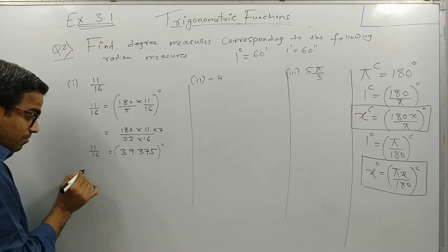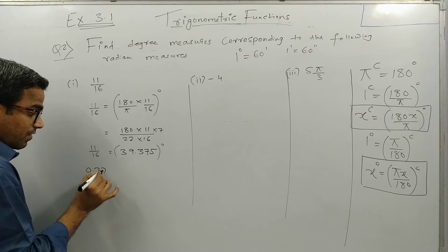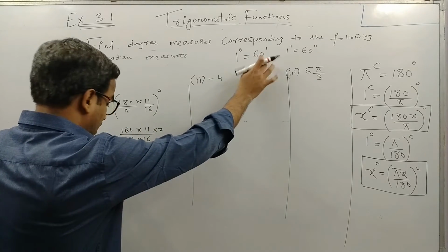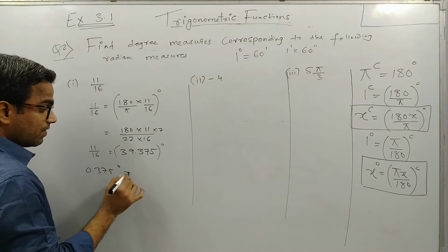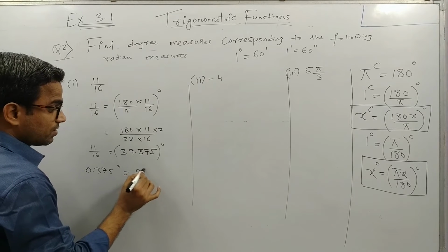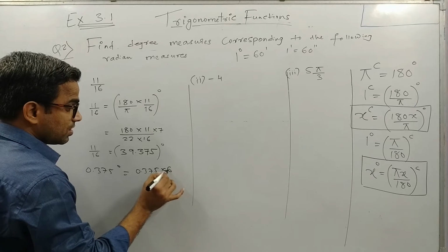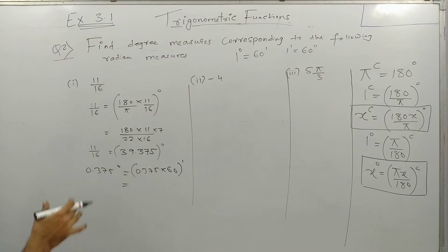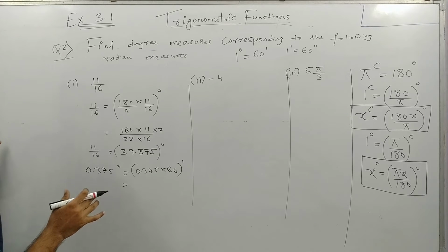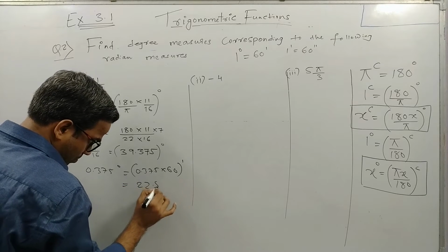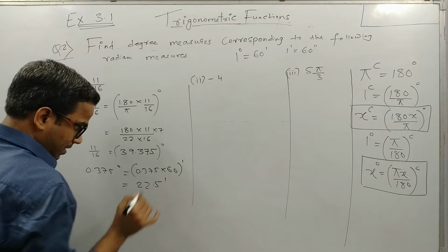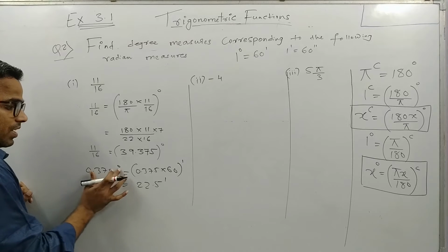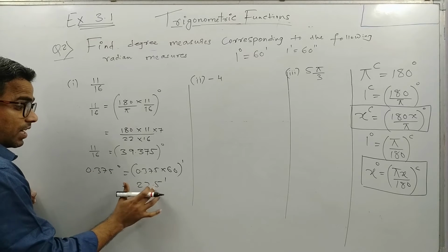So we'll see. So we have 0.375 degree. So what I can do is, I have 1 degree is 60 minutes. So 0.375 degree will be how much? So it will be 0.375 into 60 minutes, right? So if you multiply this, what you will get is 0.375 into 60. You will get it as 22.5 minutes, right? So you have got 0.375 degree in terms of minutes, but there is again a decimal here.